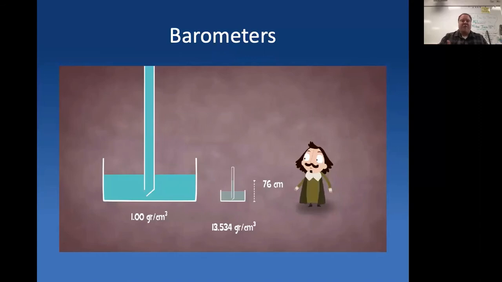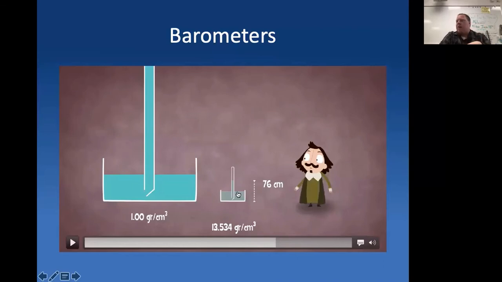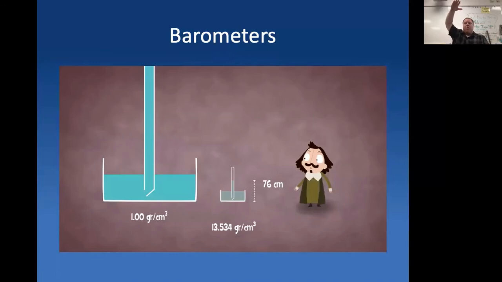Like, it is hefty. So what he did is he took this other liquid that's heavier, and he did the same experiment. He just used the different liquid, used mercury, but because it's heavier, it was still pushing up 14.7 pounds of the mercury, but the tube didn't need to be as tall. So instead of 35 feet tall, it was only 76 centimeters, which is about 2.5 feet. Okay, so 2.5 feet tall, which is a little more reasonable in terms of height. So it's the same amount of weight in the tube. It's just less of it because it's so much heavier.